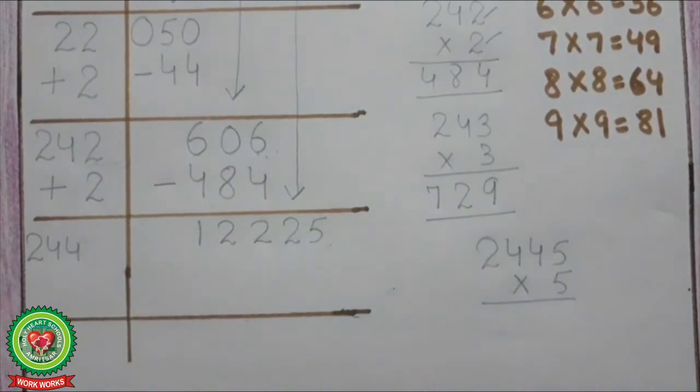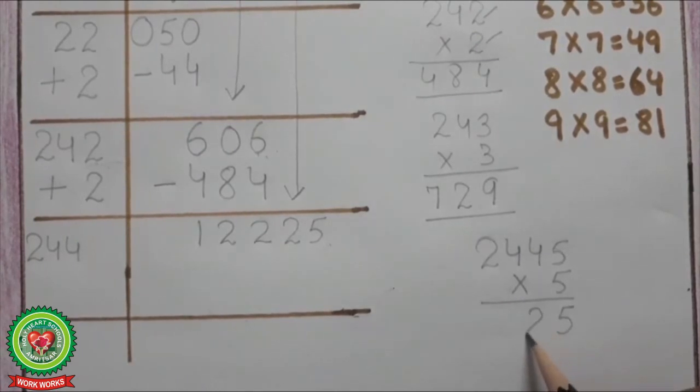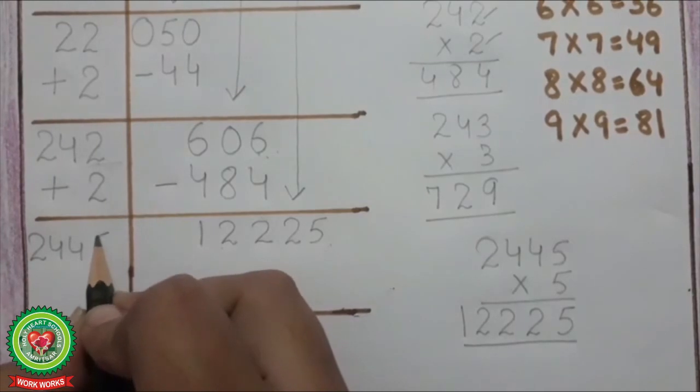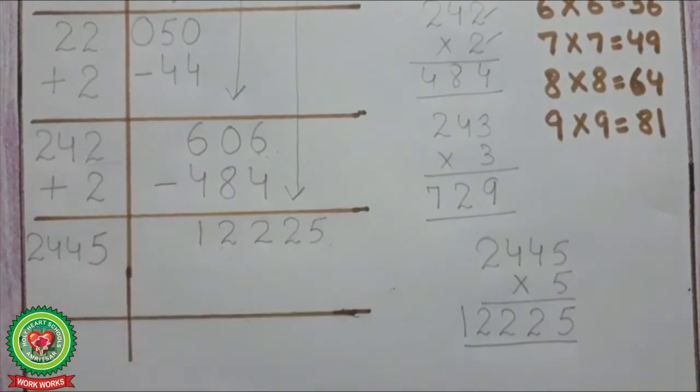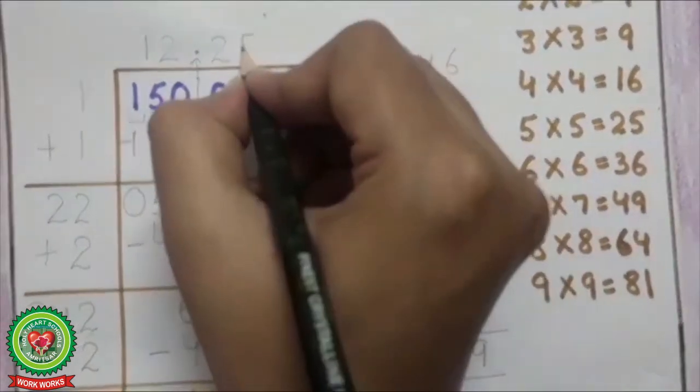On multiplying, we have got 12,225, which is equal to the 12,225 written here. So we will write down 5 at the place of the divisor as well as with the quotient,